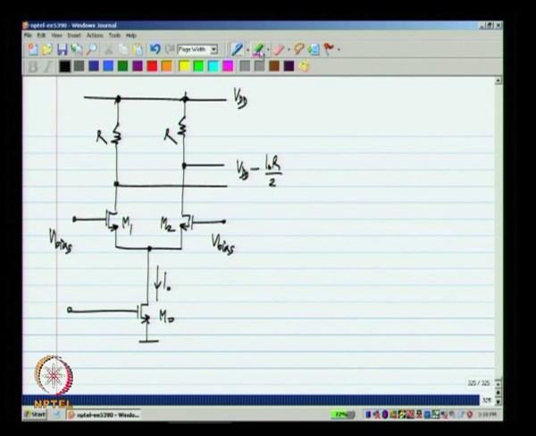Now, there is no problem at all setting the output common mode voltage. It gets set to VDD minus I naught R by 2, whereas if we replace the resistances by